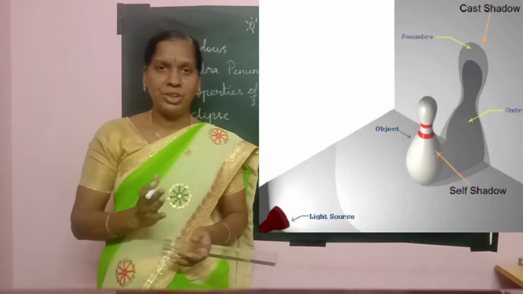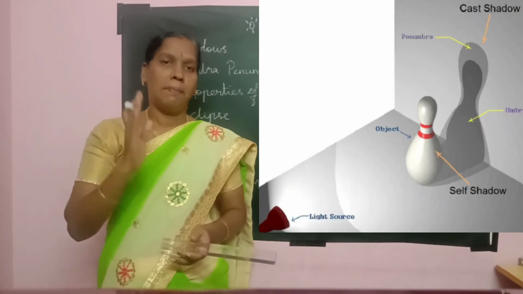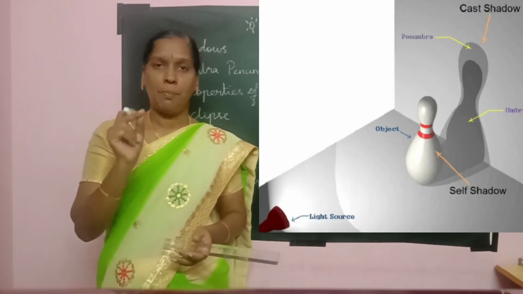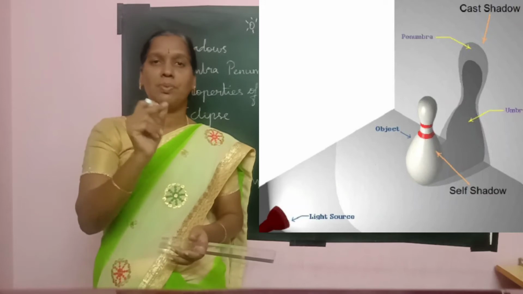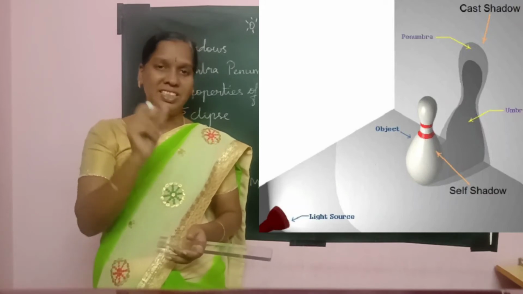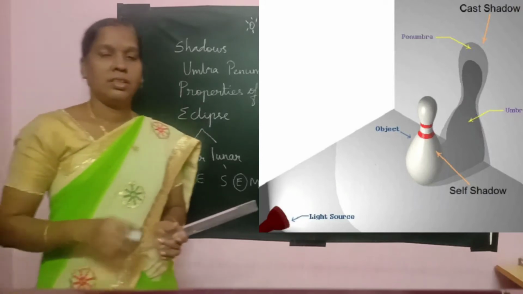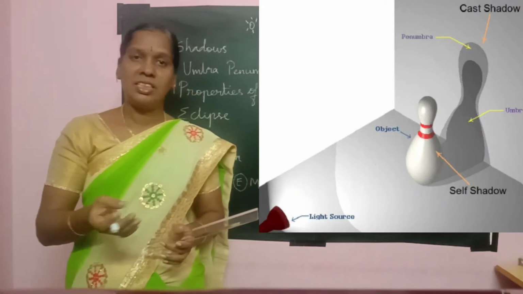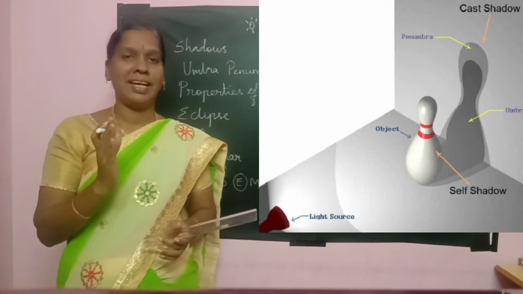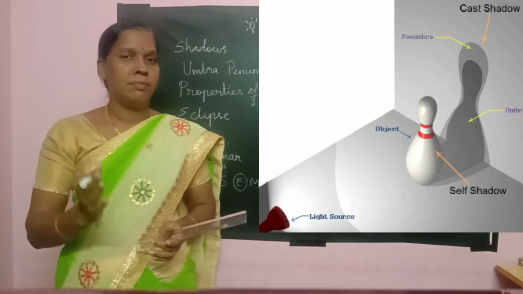When an opaque object is made to place on the path of the light, that is a point source, a dark spot will appear. This dark shadow is said to be umbra. Then, an opaque object is made to place on the path of the light, when the source is said